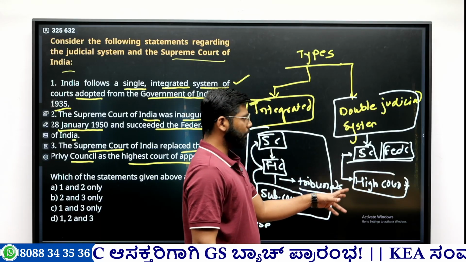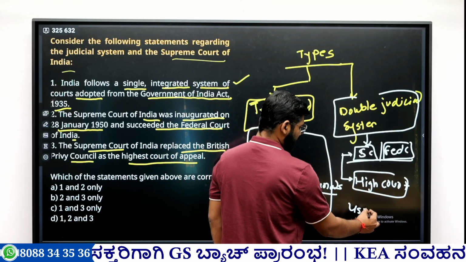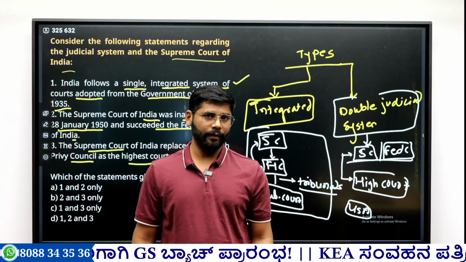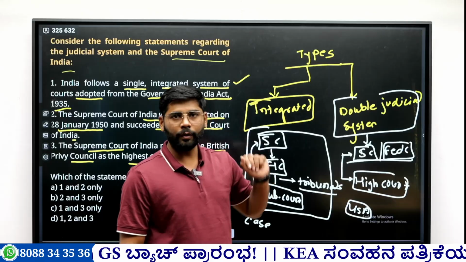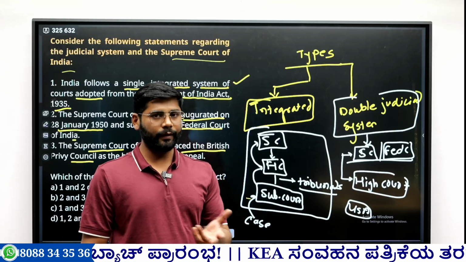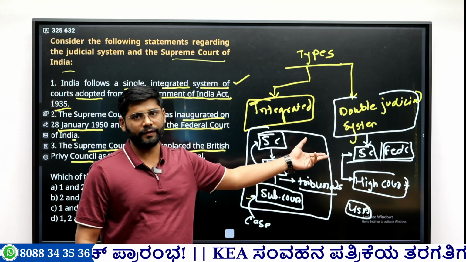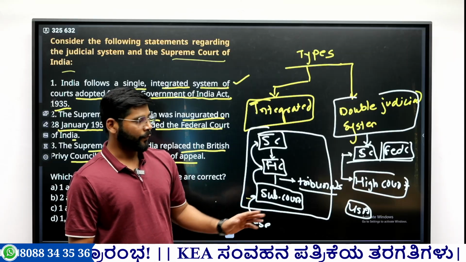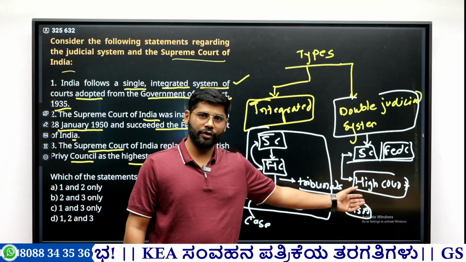Now this particular system is followed in the USA. In the USA there is a High Court for every state, and the High Court is the highest court of appeal in all the states. Only for constitutional matters can you go to the federal courts. If the High Court decides it is unjustifiable, then only you can go to the Supreme Court or the Federal Court of the USA, and that too only in constitutional issues, not in other issues. In criminal and civil matters, the High Court becomes the highest court there.